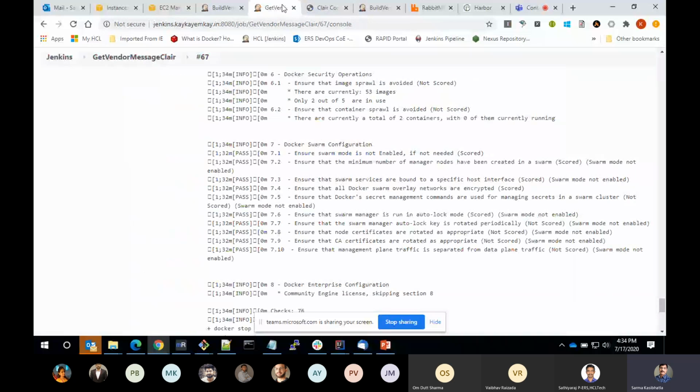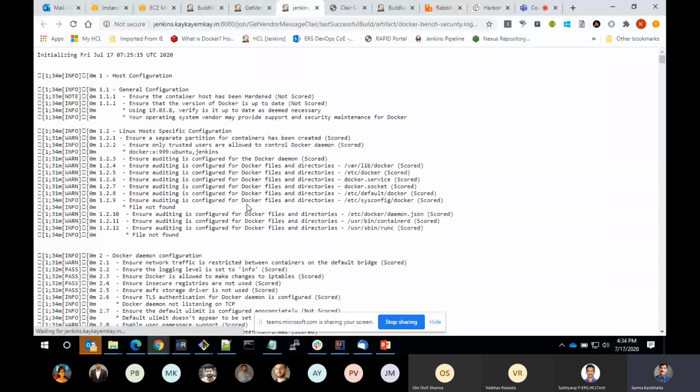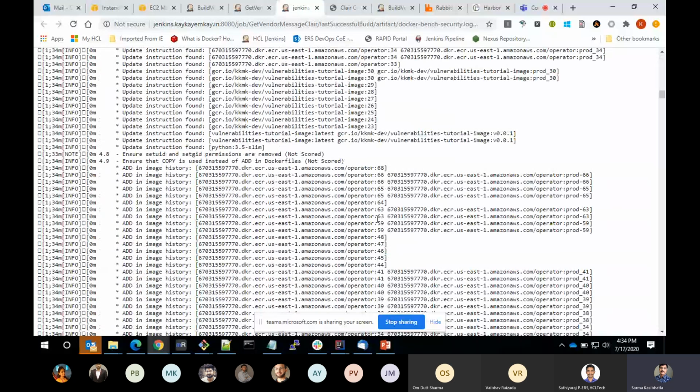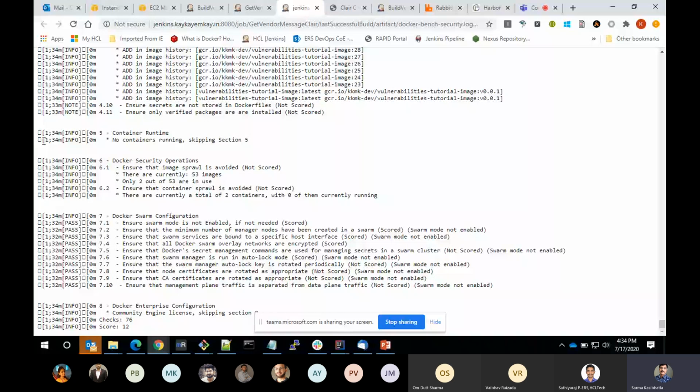We also have a log that would show you the runtime checks that I was talking about. This would say what tests it has executed and what you would see as issues, and you could see that you got a score of 12 or something. Based on this, you'll be able to tune what score you want to achieve, and how to fix the issues on the container if they are coming from the container, or if they are coming from the host, then you would need to fix that on the host.